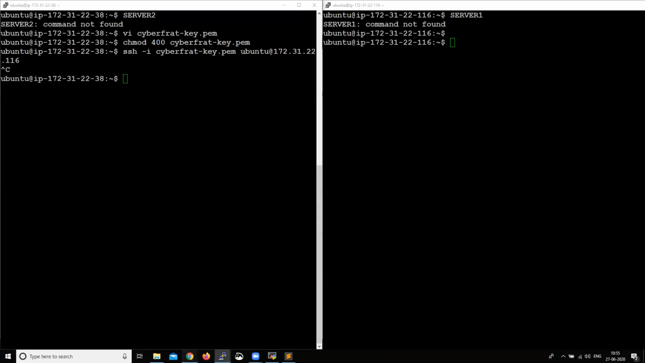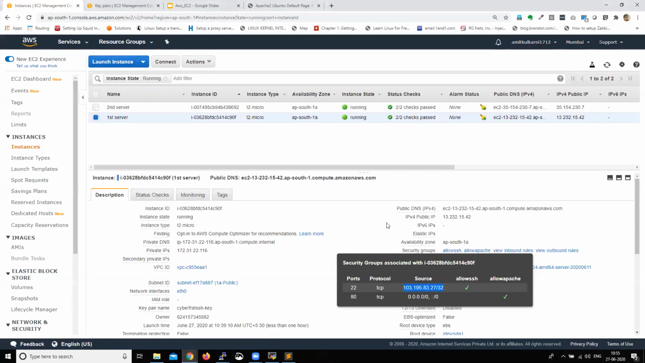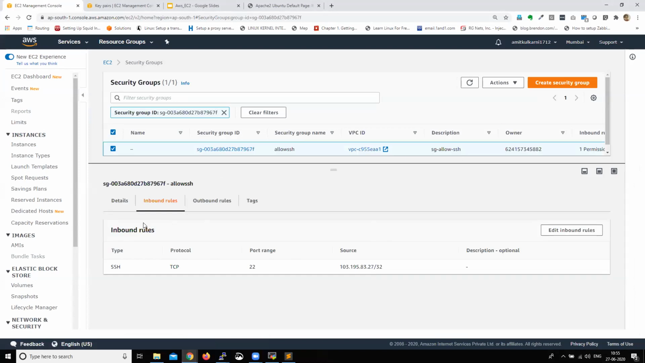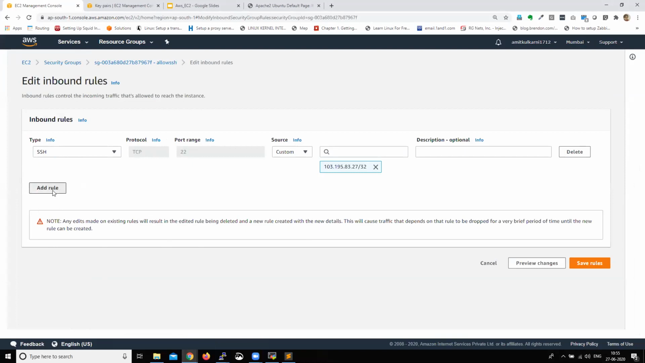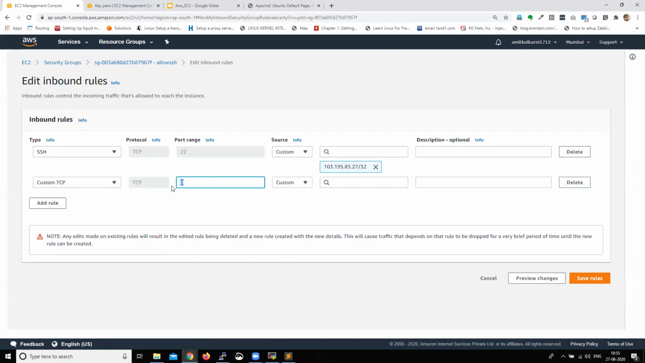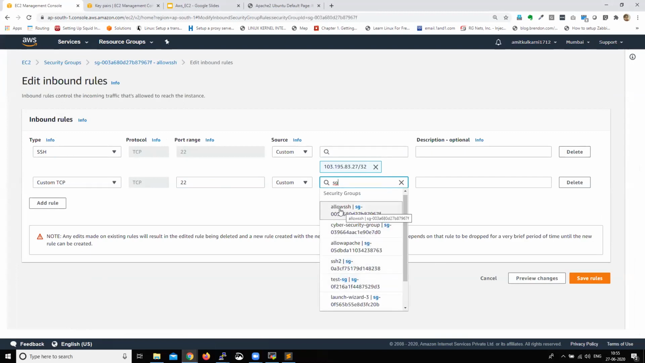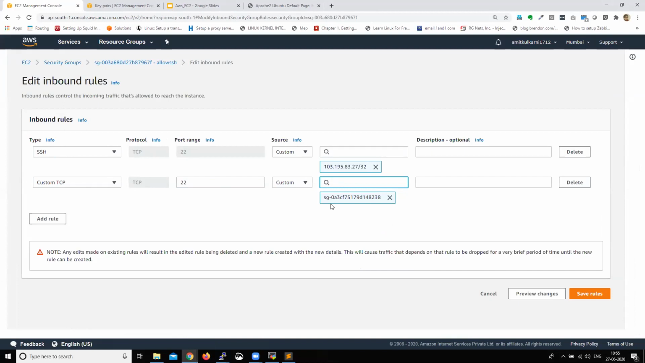Now what I will do is go to the security group which says allow SSH, and then edit rule. I will say also allow SSH from the security group. We have created another security group, allow SSH, and we have SSH2, which is attached to the second server. Now what I'm saying is any resource which is attached to this security group can do an SSH,